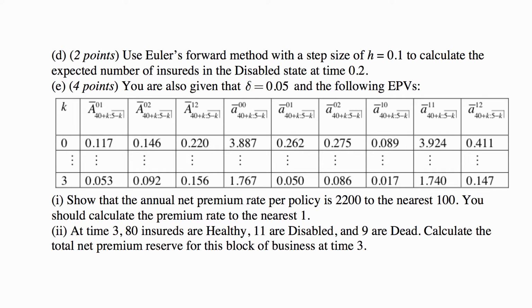Then we have annuities. The first one is a unit annuity for a person who is healthy now, and the payment is made while the person is healthy. So the first zero tells you the person is healthy now, and the second zero tells you that the annuity is paid while the person is healthy. And the annuity is paid continuously, and you can see that it continues only up to age 45, effectively. The second one is for a person who is healthy now, and the annuity is paid continuously while the person is disabled.